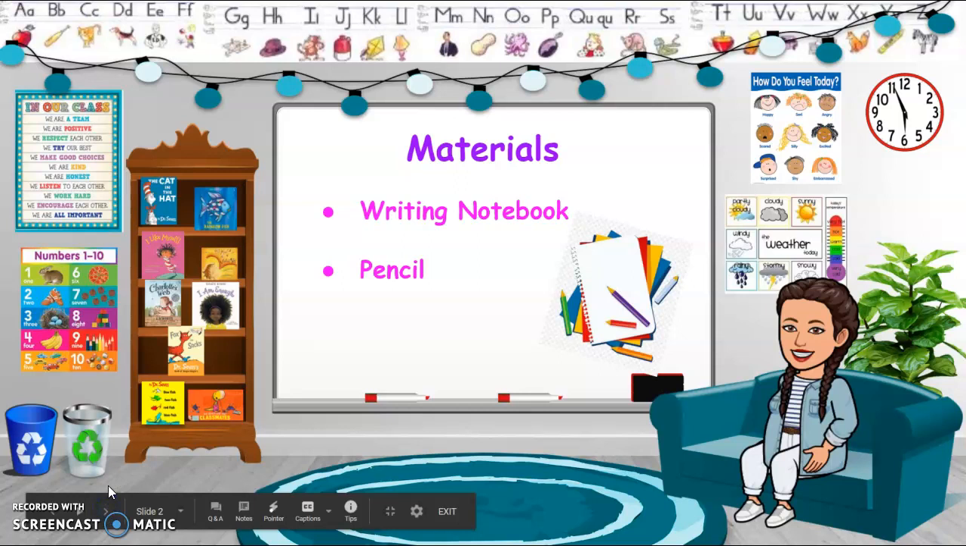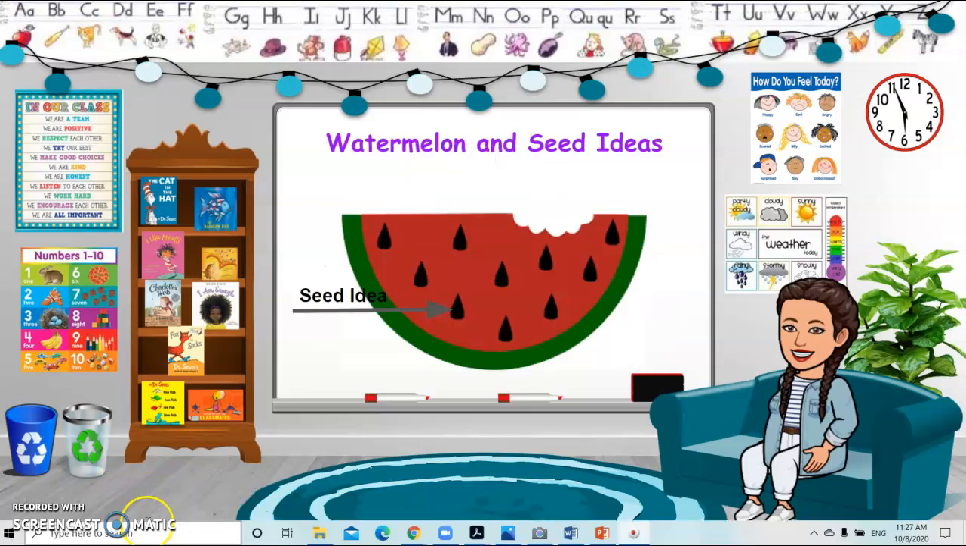Remember, you always have your materials in hand, your writing notebook, and a pencil. All right, guys. So when we think about stories, we think about watermelon and seed ideas. The watermelon is the big idea, and the seeds are the small moments inside of those big ideas. So for example,